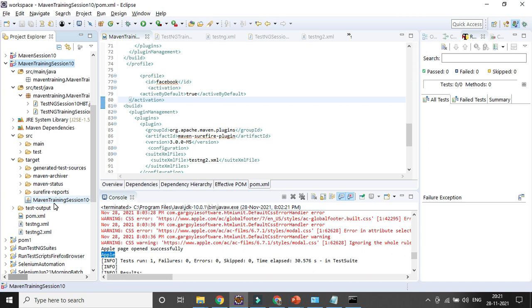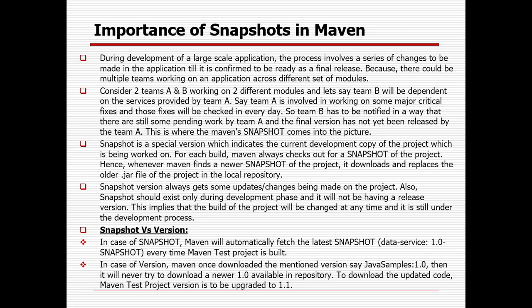But a snapshot is used in case multiple developers are working on the same project. In case you are pulling and changing your code, it is automatically updated in the snapshot, and that update is also automatically available to the other developers. That is the important concept of snapshot. It means not ready yet. As and when you change it, that version also gets updated, and other developers stay connected with the latest version. But in case you fix your version, it will not be the same. It will be fixed only. No update will be there.